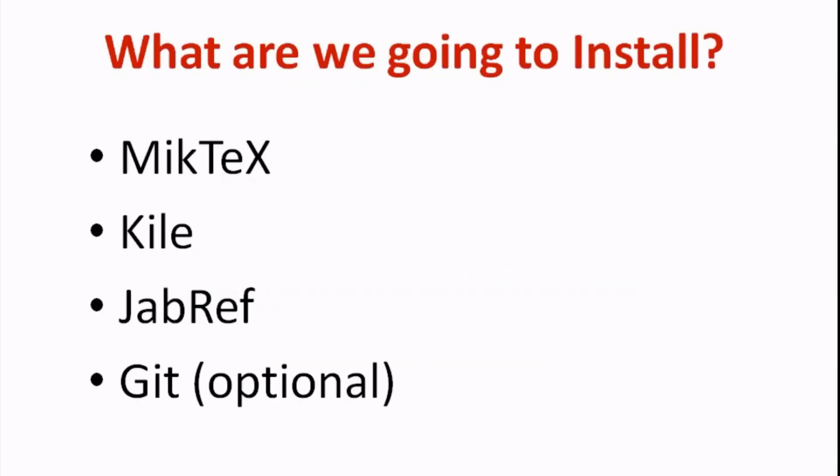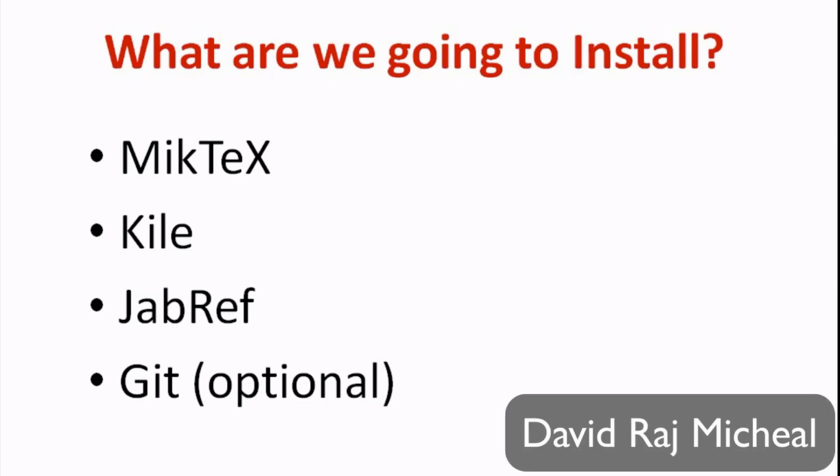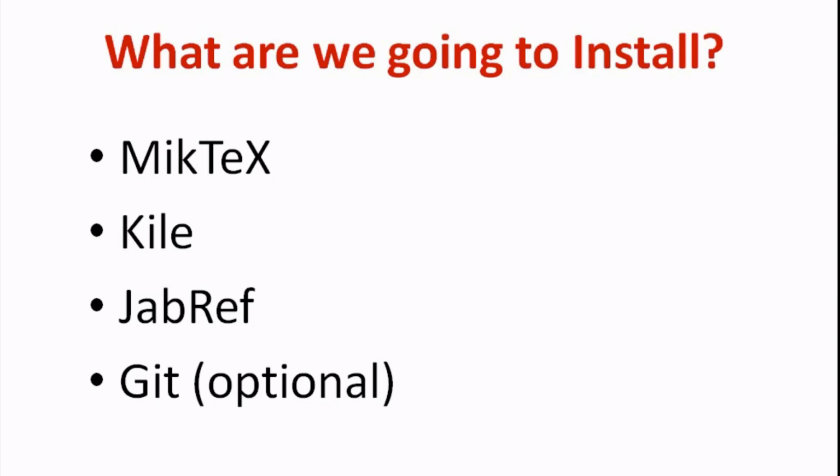So what are we going to install today? We are going to install the compiler for LaTeX, that is called MiKTeX. The other one is an IDE for LaTeX, that is Kile. The other one is bibliography management, that is JabRef. And finally, we are going to install something called Git, which is completely optional,